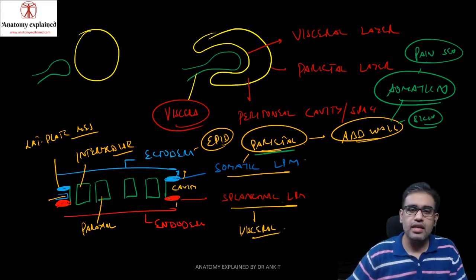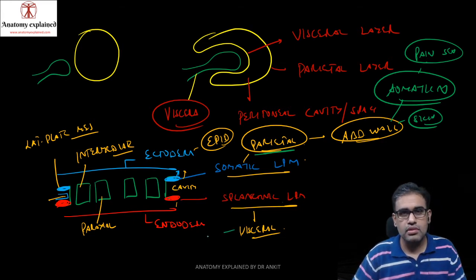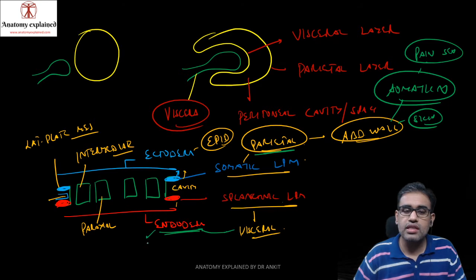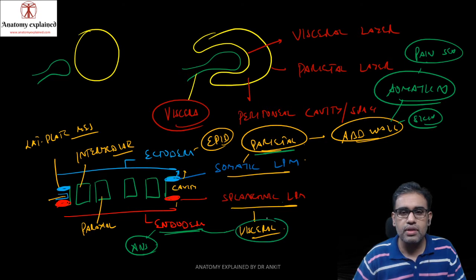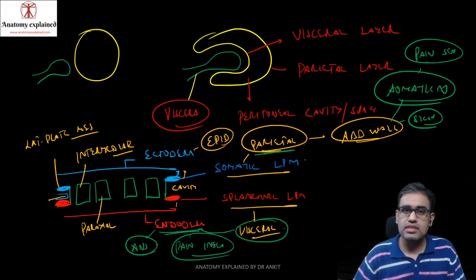Now this splanchnic layer, which forms the visceral peritoneum, is close to the viscera, and you know the endoderm forms the viscera. What is the nerve supply? These are autonomic nervous system. Why autonomic? Gut part, smooth muscles, they are not under our control. So the same ANS is going to supply the visceral layer. So these are pain insensitive. They are sensitive to stretch or distension only.